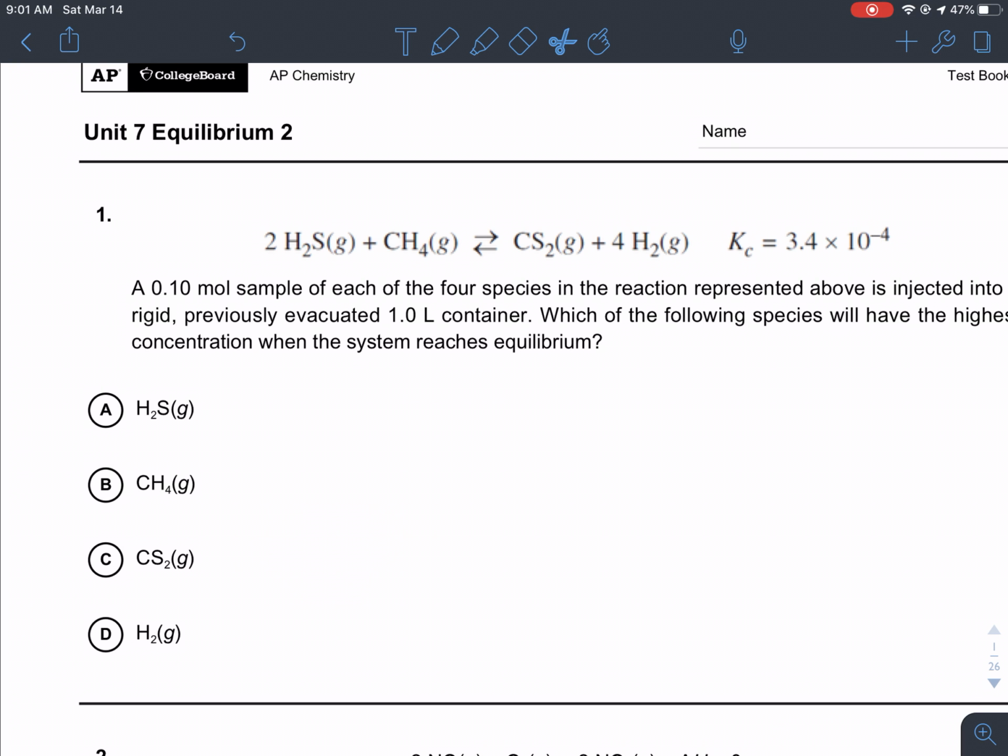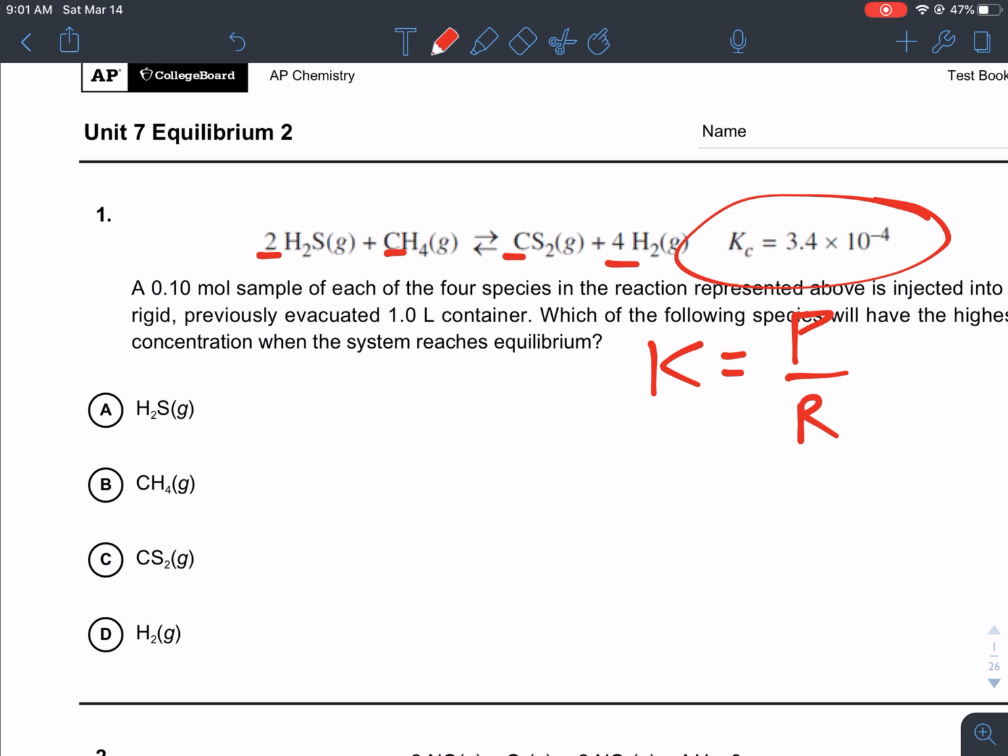So question number 1, here we have this formula. If you look at the coefficients 2, 1, 1, and 4, that's going to be a big detail to this question. And you're also seeing the Kc, and I want you to notice something about the Kc. So if your K is greater than 1, remember, how do you get K? Well, let's take this step by step. K is equal to products over reactants, yeah? So if you have a K